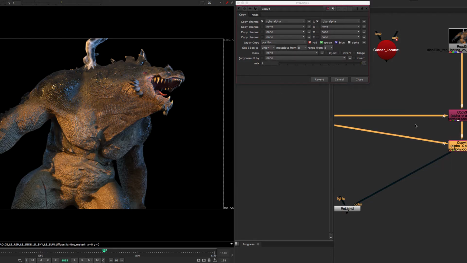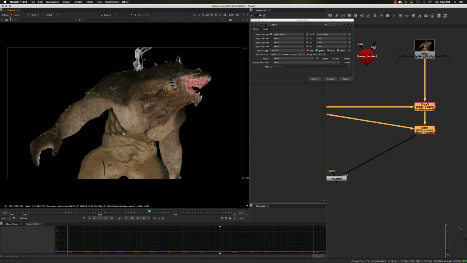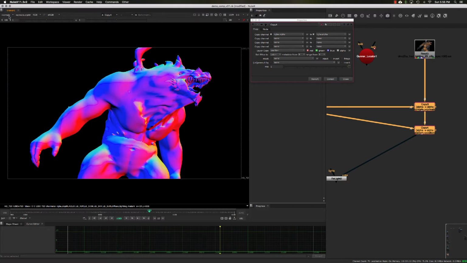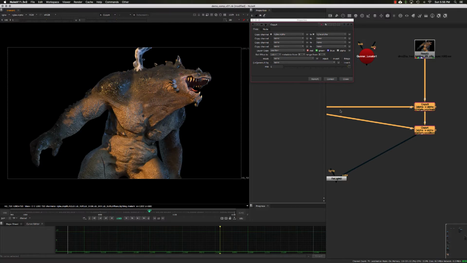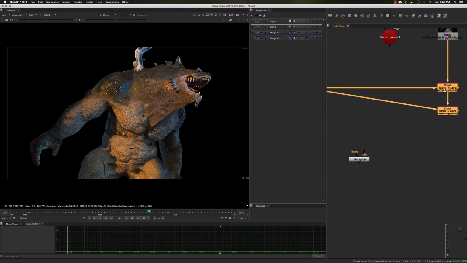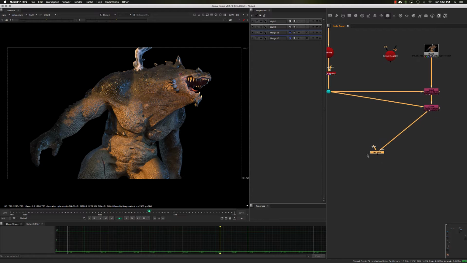With these two copy nodes, and looking at the multi-channel EXRs, not only do we have the original passes we previously had, but now we have position and normals copied into its stream. So those are the key ingredients we need to work with Relight. As you can see, I've plugged Relight into our render,